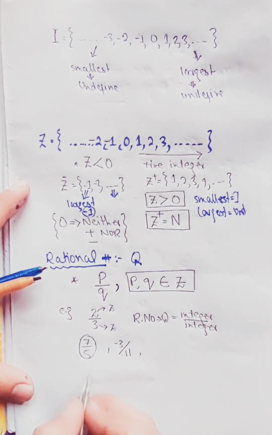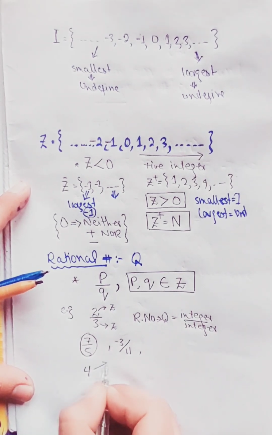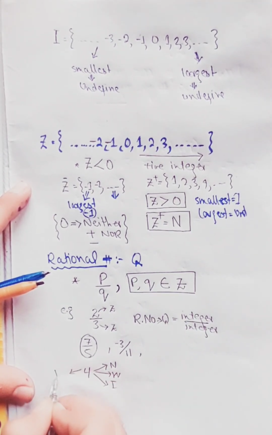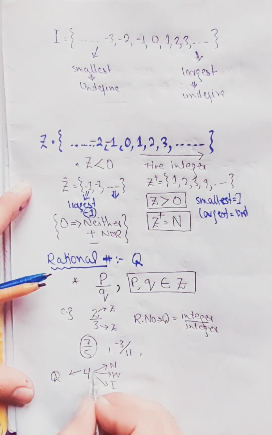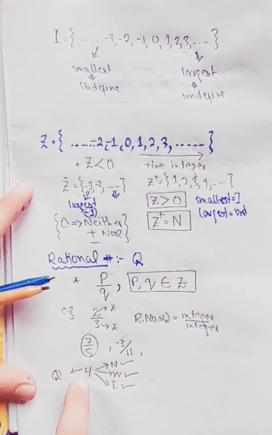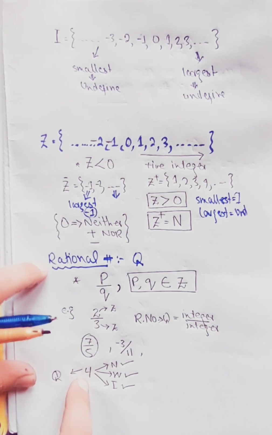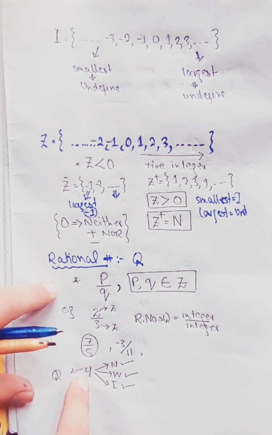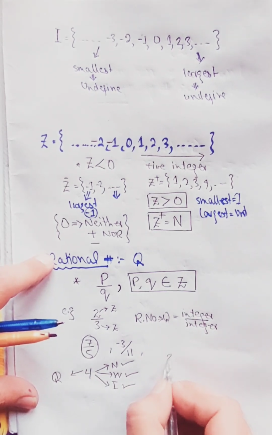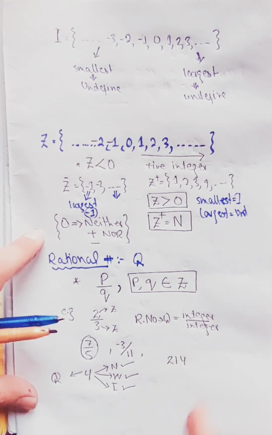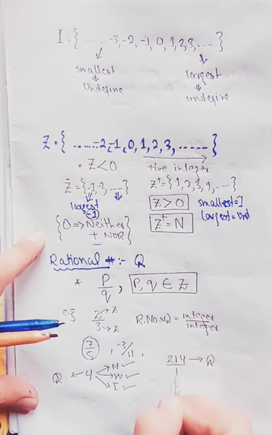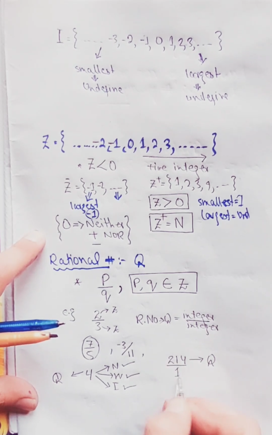But if I ask you this question, 4 is a natural number, whole number, integer, so obviously it belongs to natural numbers, whole numbers, integers. But is 4 rational or irrational? We defined rational this way: if the top is an integer and the bottom is an integer, only then is it rational. But here there is only one number, one digit. So if I write this thing, is this a rational number or not? Obviously this is a rational number, because below it there is 1, but we don't write it. So the top is an integer, the bottom is an integer, so this is